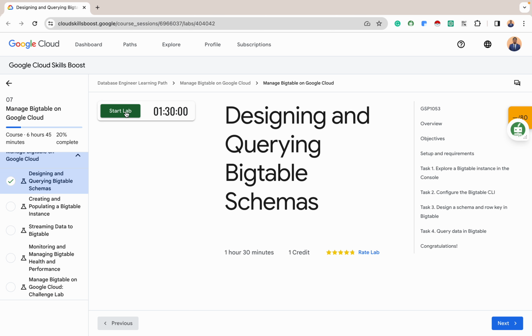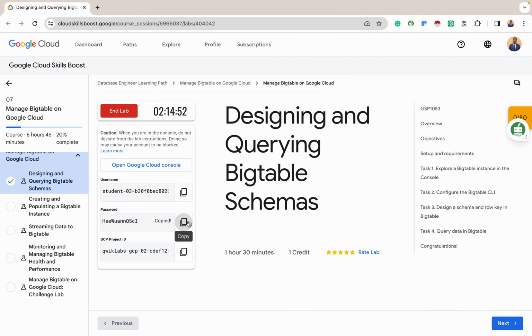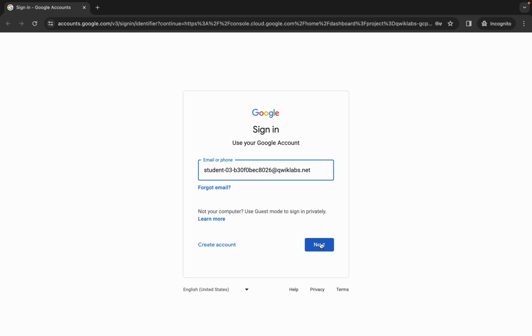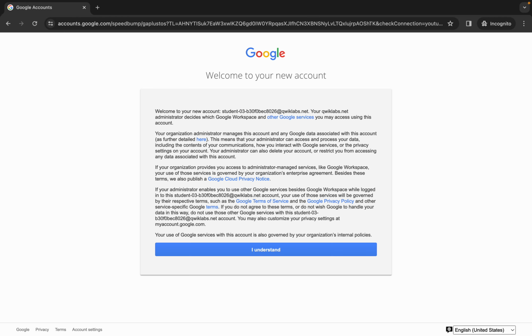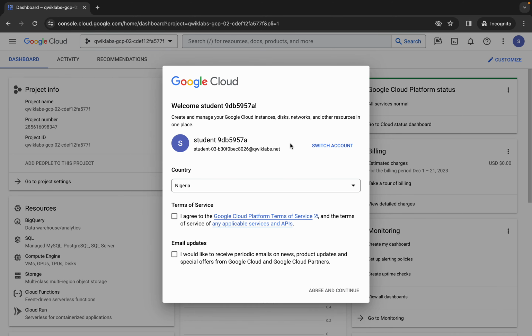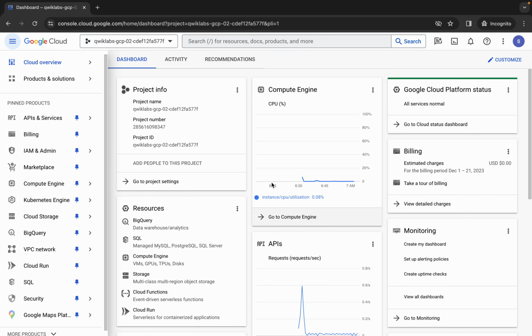Click on Start Lab. After clicking on Start Lab, you open the lab in an incognito window. Then I copy my password. So click on Next here. Paste my password here. So I understand the terms and conditions here, and also agree to the terms of service. Yeah, so this is our